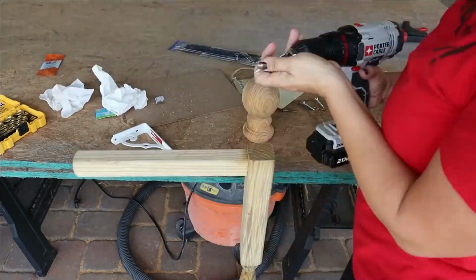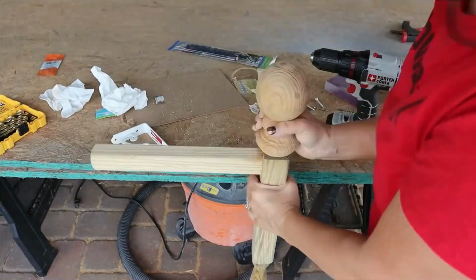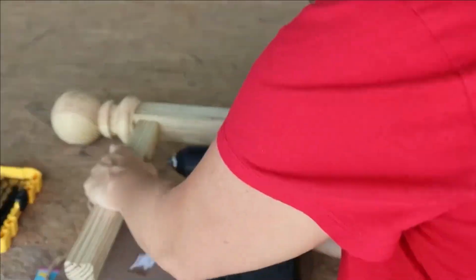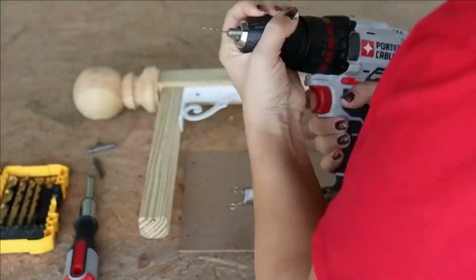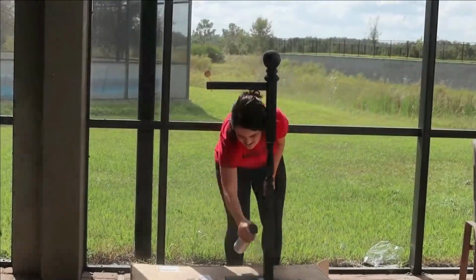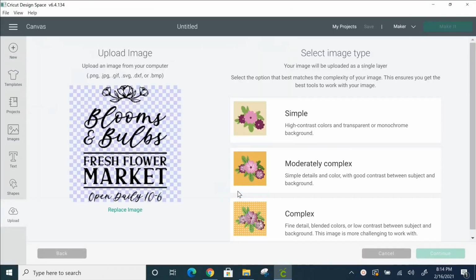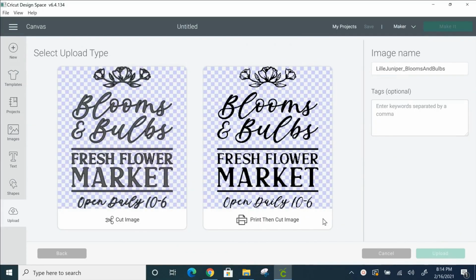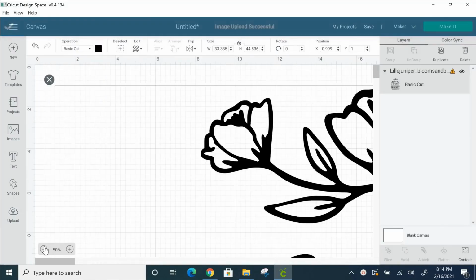I go over exactly how to make these. I've had several of you actually make them and they've turned out amazing. I've been so impressed with them. And I promised more signs. So we're gonna make one that says Fresh Flower Market, and I found this SVG on Etsy, and I found that you can find so many designs off of Etsy, very inexpensive. They're professionally designed, ready to go,